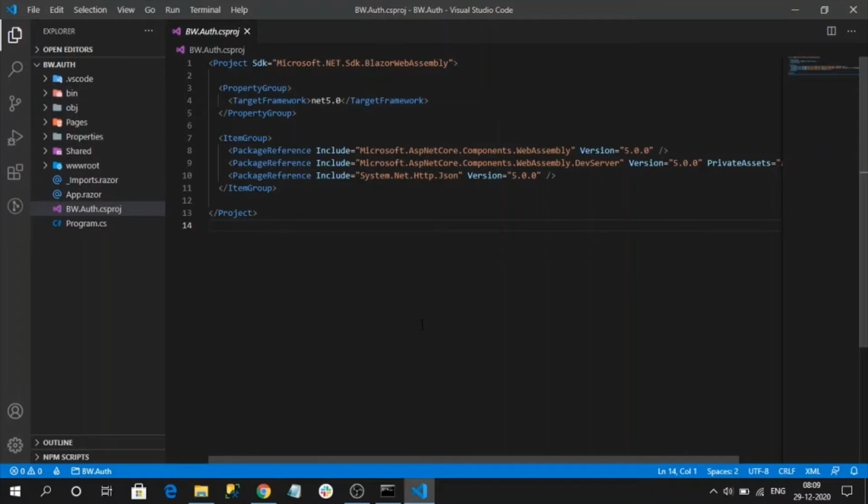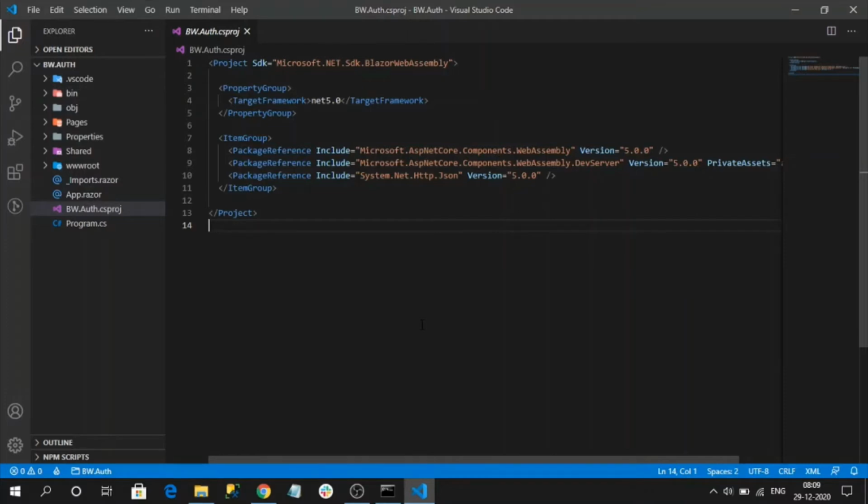Now we are going to implement some sample code for how we can authorize our Blazor WebAssembly application. So what is authorization? Authorization is a permission to access a particular resource. It comes into the picture once the user is authenticated, meaning authorization applies to already logged in users. Authorization helps to restrict non-authenticated as well as authenticated users based on their roles and restrictions.